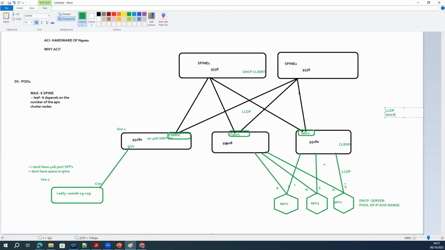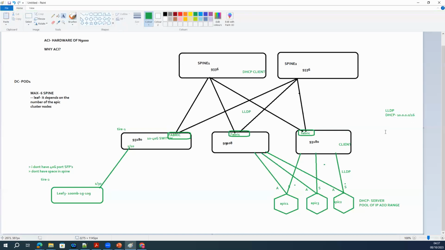How does this APIC assign the IP address to these leaf and spine? You have to tell the APIC. Suppose you configure the DHCP pool 10.0.0.0/16. You are telling the APIC that from this range, if a spine is requesting any IP address, just assign from this range.